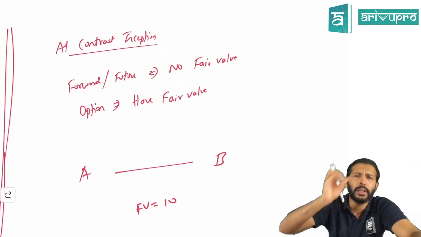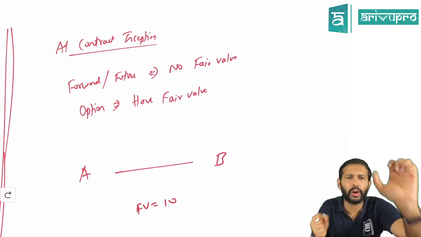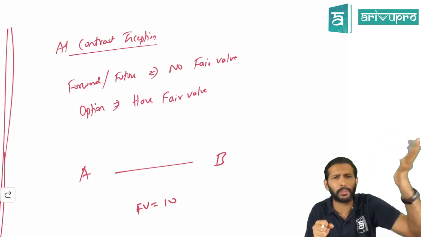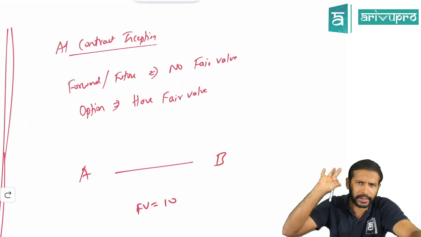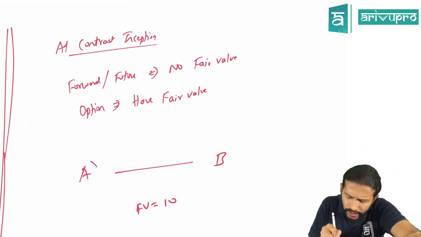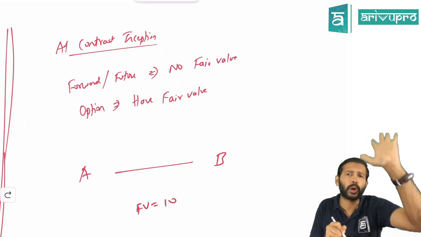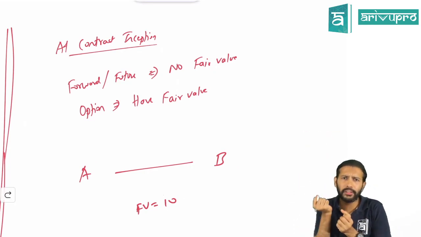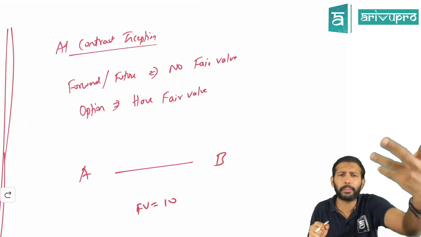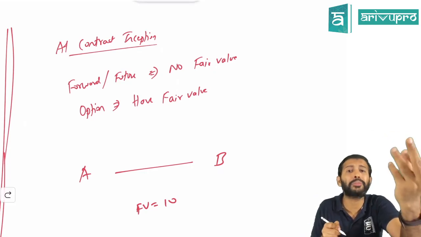In simple terms, by selling the asset, how much money will you receive? Or to settle a liability, how much money do you need to pay? So fair value is nothing but the amount received or the amount paid. Correct? Now, if on the day of entering into this forward contract it has a fair value, that means one guy has to pay and the other guy will receive. For the guy paying, it becomes a loss. For the guy receiving, it becomes a gain.